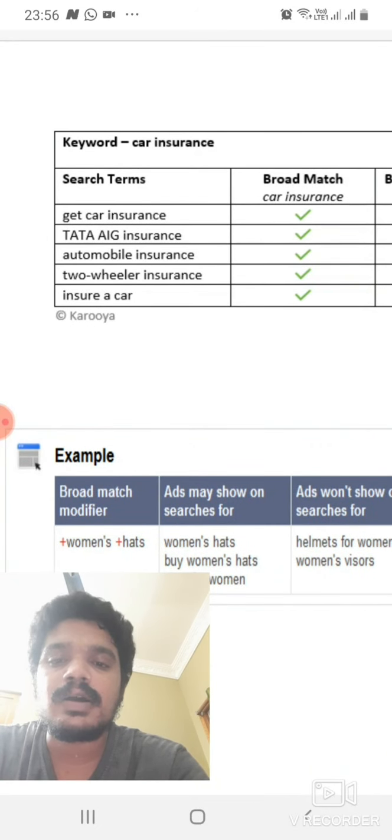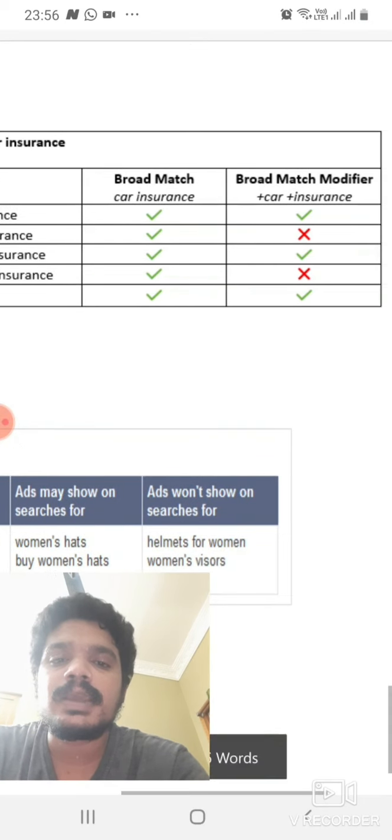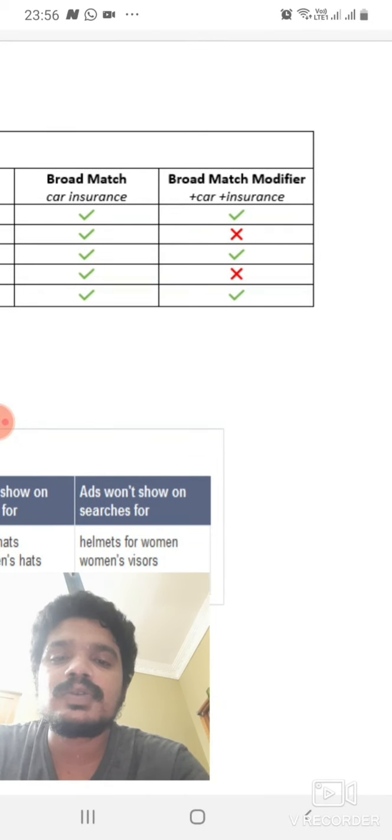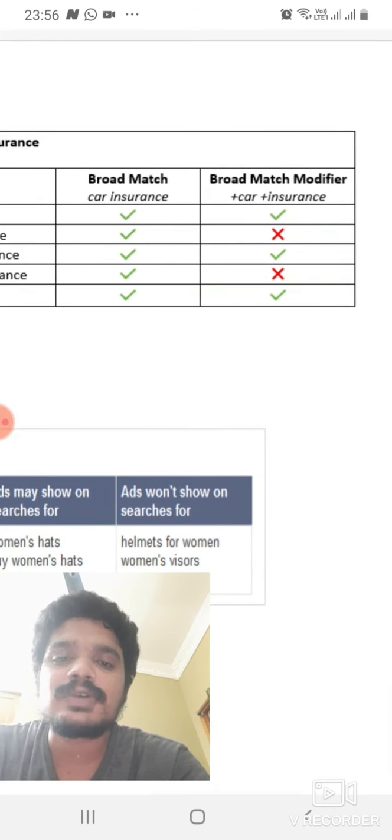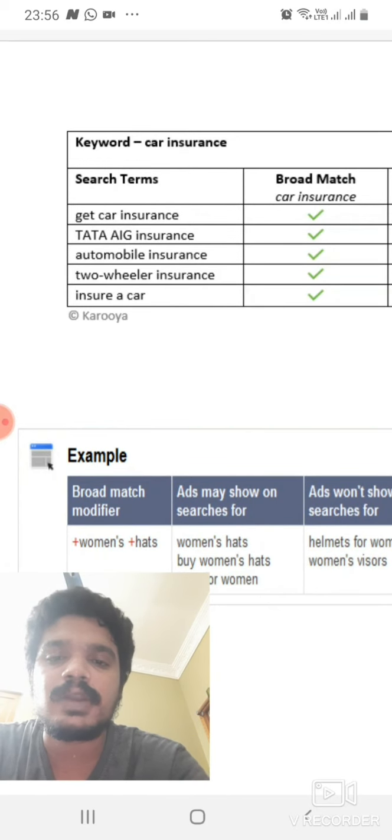If the customer types get car insurance, and you apply broad match like car insurance without any symbols, it will appear to him. If you use the broad match modifier like plus car and plus insurance, it will also appear to that person if he searches for get car insurance.